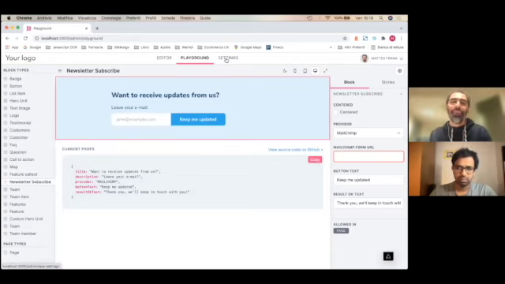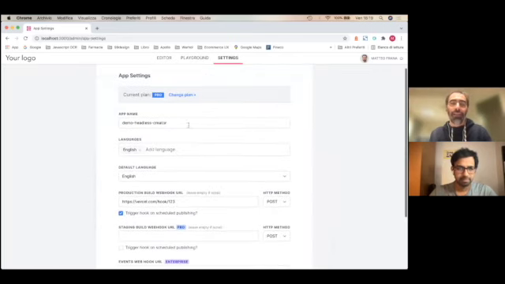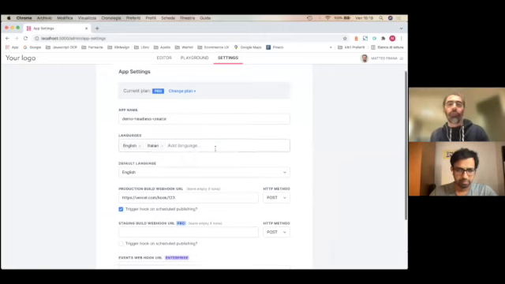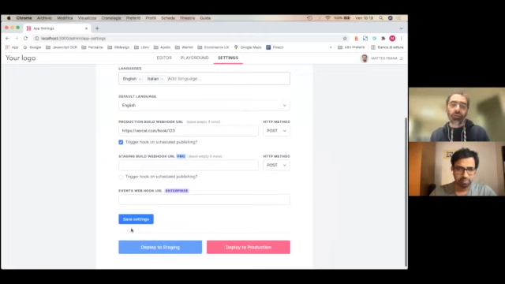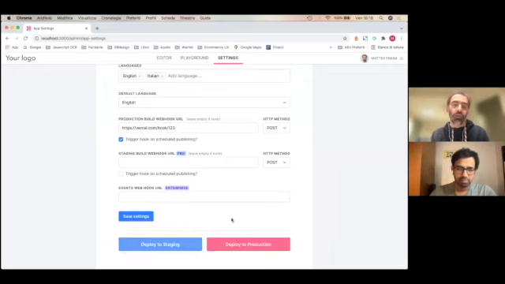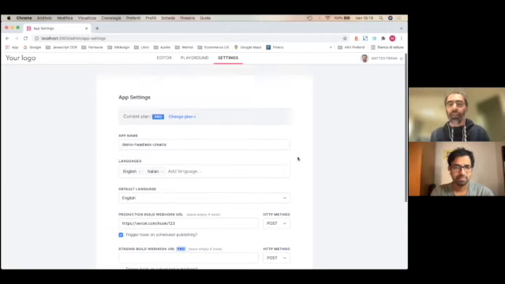And then on the settings part, since we are admin, you can change all the props for this app. For example, add new languages, the default language. You can set your production and staging build hooks, so that your editors will have just the deploy to staging and deploy to production buttons, if they are allowed to, because you can set, of course, permissions for everything on your editors. They will be able to trigger a redeploy of the static website on your Netlify or Vercel or whatever it is.